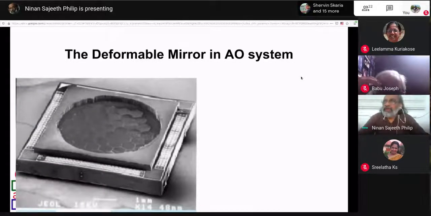We have developed, in fact, this mirror has been there for some time now, a technology for adaptive optic system, which is a deformable mirror. And what is seen here is a deformable mirror. Each of those inner hexagonal shapes that you see are mirrors which can independently move so that it can correct for the distortions in the wavefront. And how it is to be moved has to be fed back by a feedback system which corrects for the atmospheric distortion.